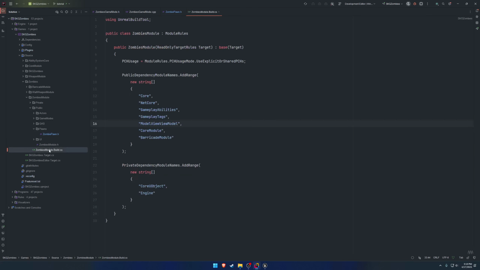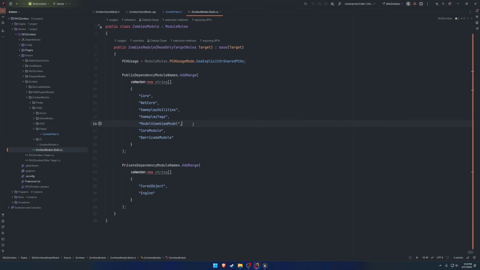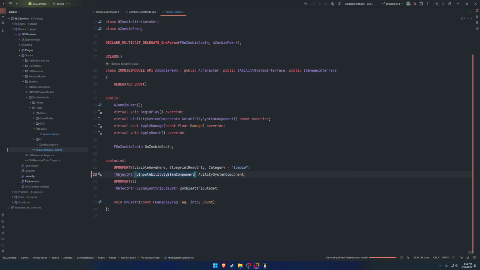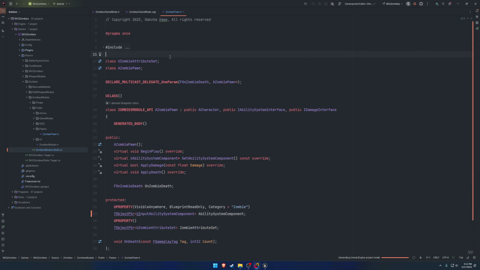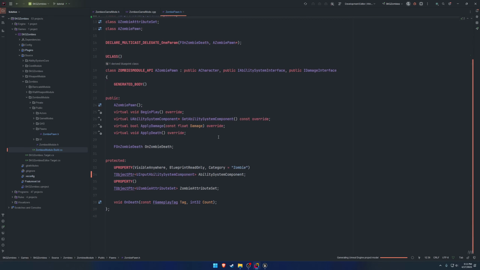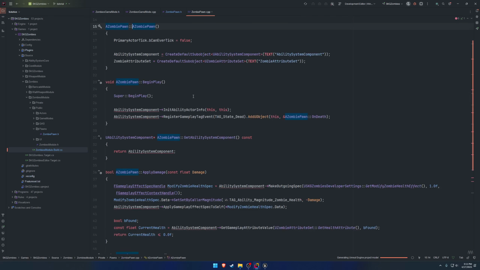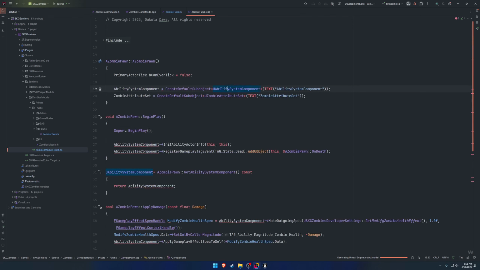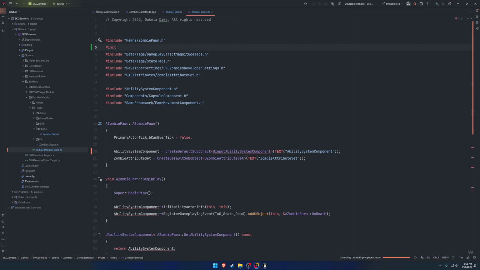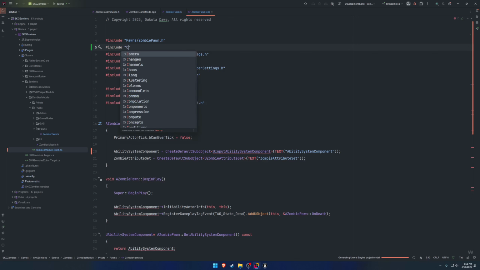Now we also, in the build.cs, let's go ahead and bring in the ability system core, so that way we can use it. So now let's just forward declare, and go to the CPP. So in our constructor, we want to change over to the U input ability system component, and we need to include it. So let's go ahead and include the components